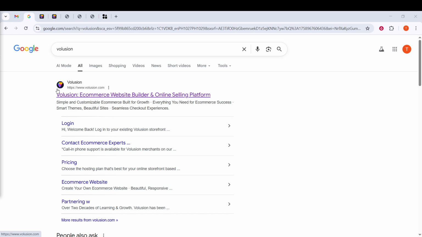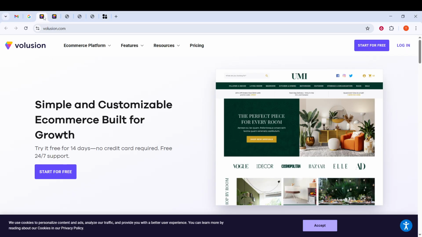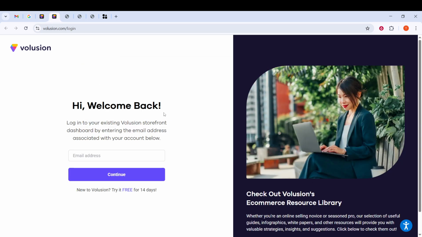Once you've landed on the website, you'll want to enter your login details. This usually means typing in your username or email and your password. If you've forgotten your password, don't worry, there's usually a handy link to help you reset it. After you're logged in, you'll be brought to the admin area, which is where all the magic happens behind the